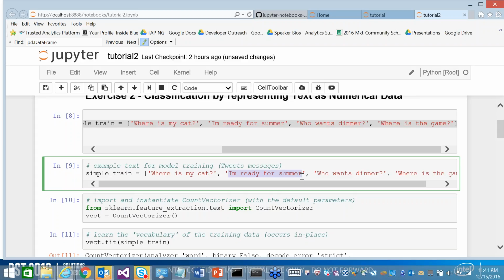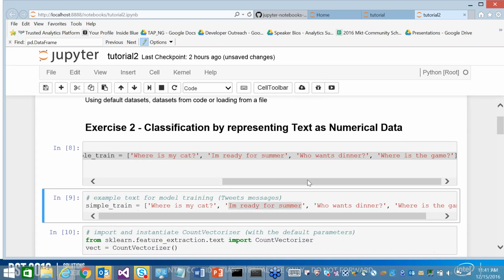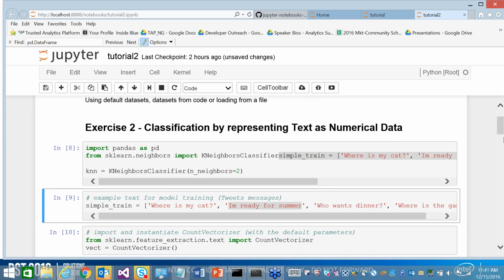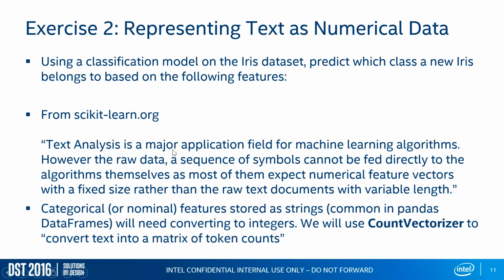And questions are probably a good idea to respond to first versus statements and all that kind of stuff. So, very simple example, but I wanted something simple for this tutorial. So the challenge, however, is that text analysis is very popular. It's a major application field for machine learning algorithms. However, the raw data